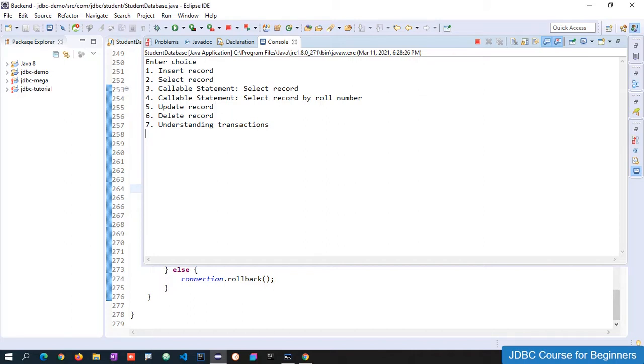Today in this session we are going to talk about batch processing in JDBC. Before coding, let me explain what batch processing is. Suppose we have multiple operations and we want to perform them in a single shot, like performing an insert operation 10 times.